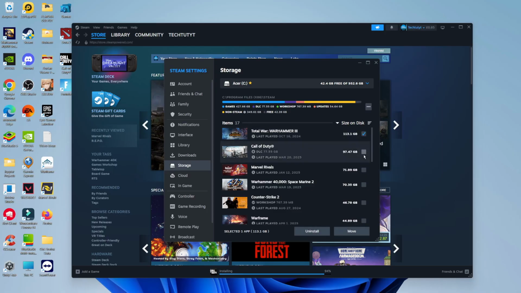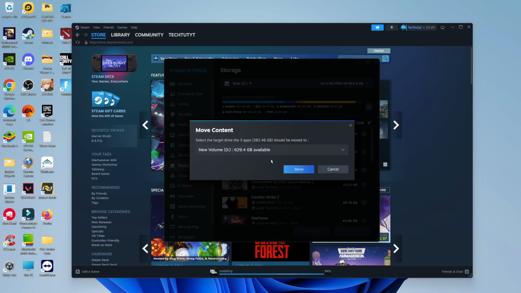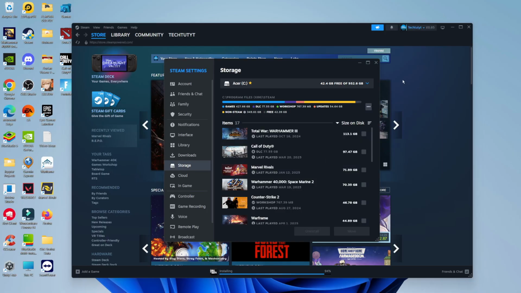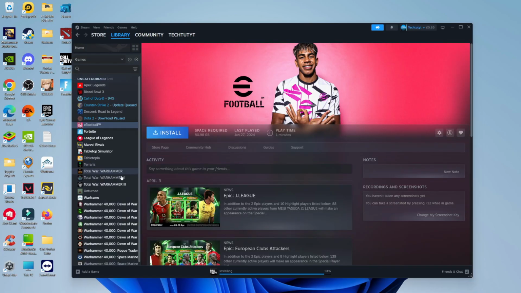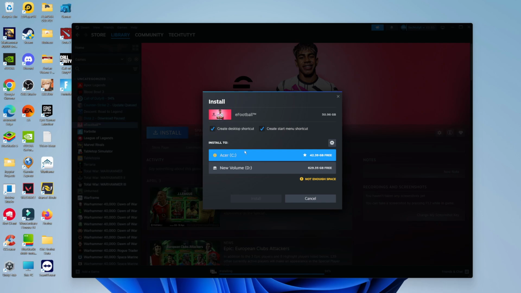So to do that, tick the box next to each game you want to move across, then come down and click the move button at the bottom, and you'll be able to select your drive from here and move the games across. Now in terms of installing new games to that new drive, all you need to do, if I come up to my games library, is select the game that you want to install. So let's go for eFootball, and if you actually click onto the blue install button,